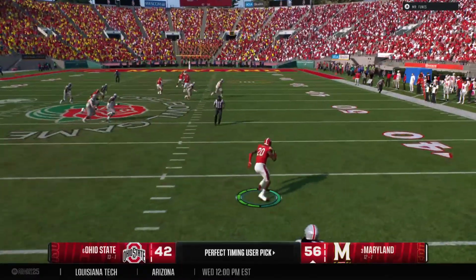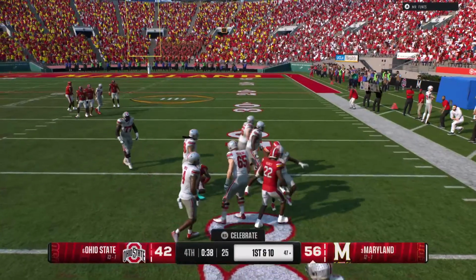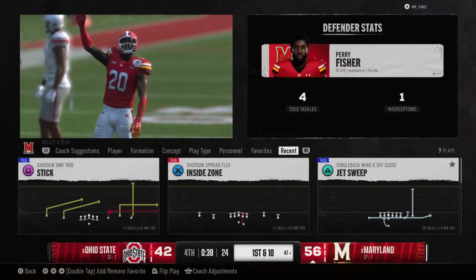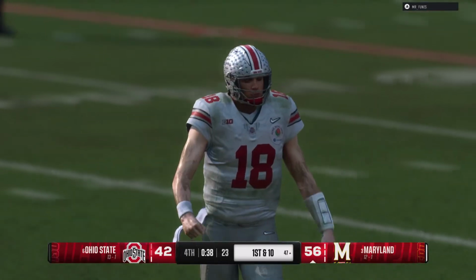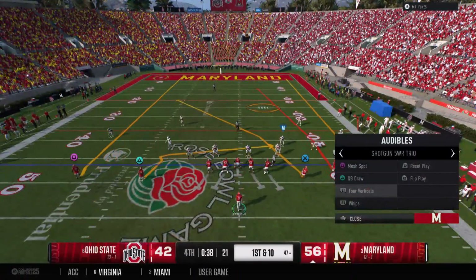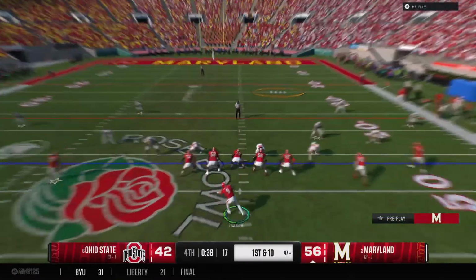Looking for his big tight end. The pass is intercepted. Big takeaway, now looking for a big return. Finally able to take him down, but that's a great return after the pick. Well, this defense has been great the entire football game here. They knew they had a lot of pressure on them in the playoffs. They stepped up and played well all game long, and now they get a critical interception here late in this game.